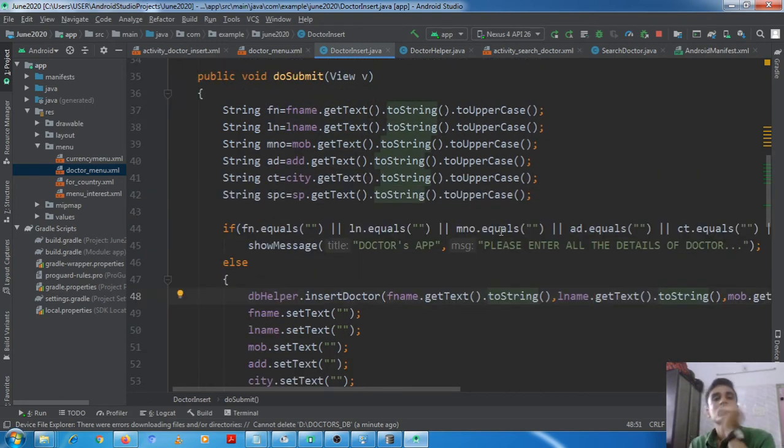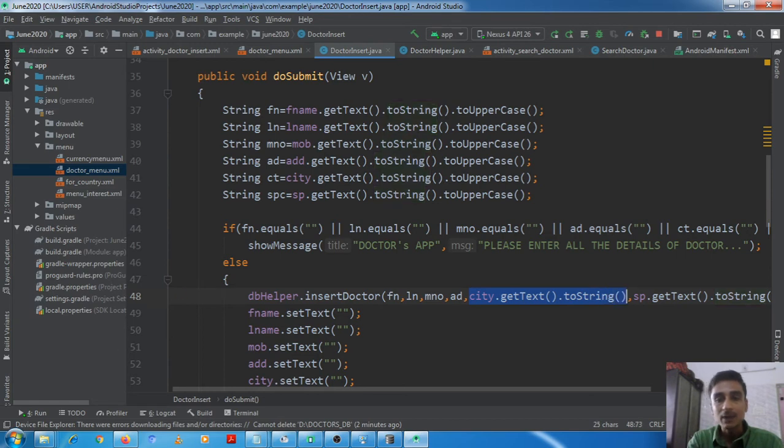Okay, the records are inserted, but here we are again doing the same thing. Instead of Fn, then Ln, here we have taken the inputs from edit views to variables, and here again we are capturing the data entered in the edit views.